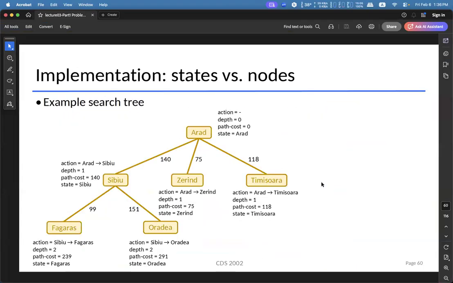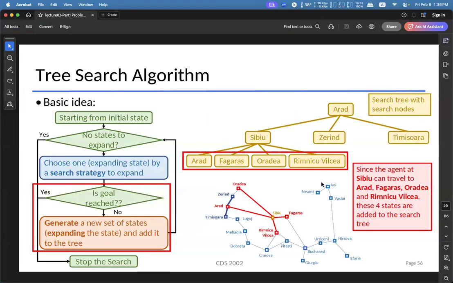So one thing we need to discuss is the search tree, because we need to create a data structure to keep track of the paths that we have explored. So we need a tree that looks like this. In this search tree, you can see that there is more than one child node for a parent node.